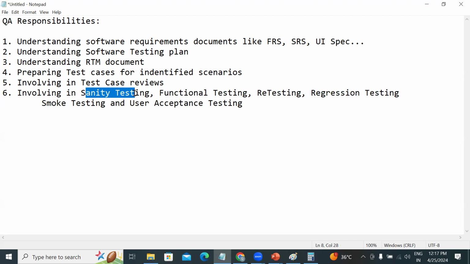Sanity, functional, retesting, regression testing, smoke testing, user acceptance testing. Okay, next one. Involving in